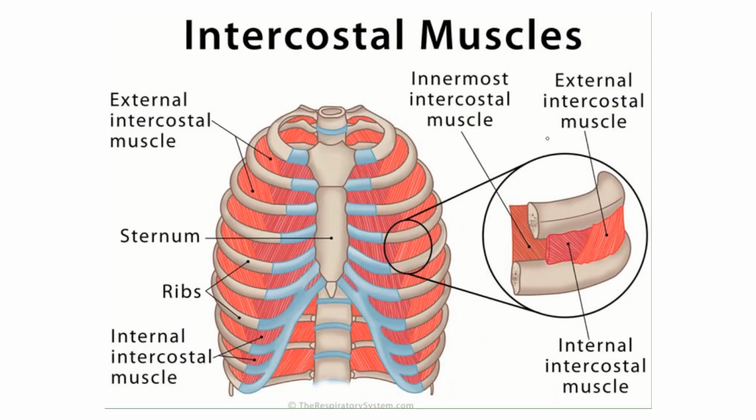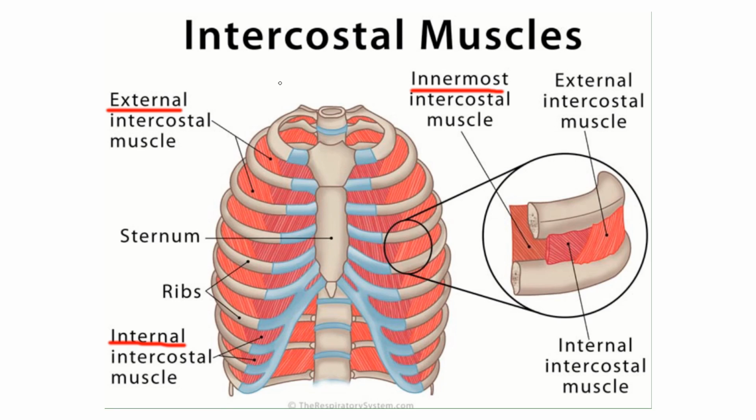Next, we have intercostal muscles. Intercostal muscles, as the name represents, are between the ribs. These muscles are present between the ribs. Firstly, we have external intercostal muscle. Then we have internal intercostal muscle. And lastly, we have the innermost intercostal muscle. The external intercostal muscle, as the name suggests, will be present most externally, whereas the internal intercostal muscle will be present internally, and the innermost will be the most inner muscle in this area.